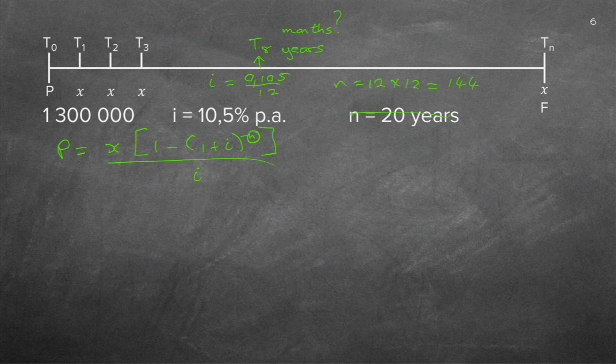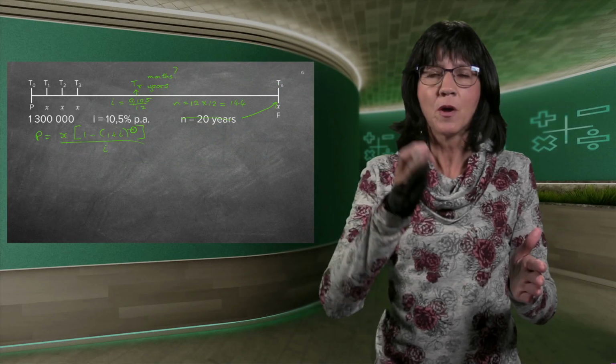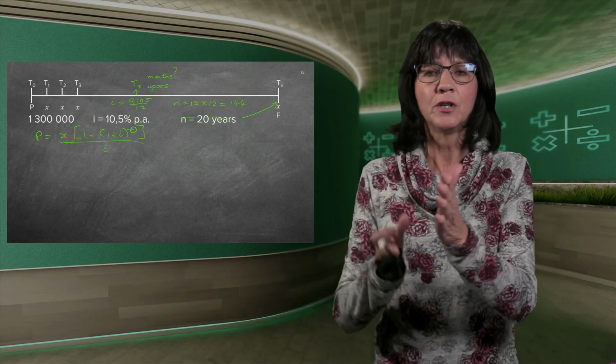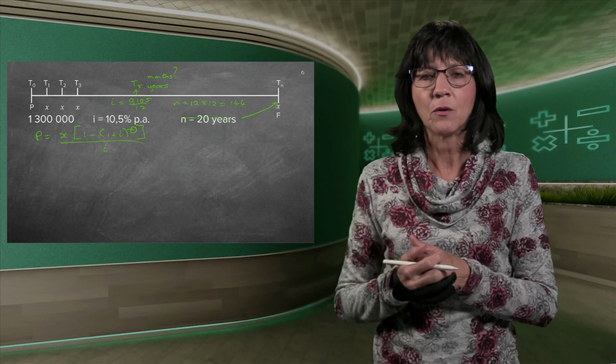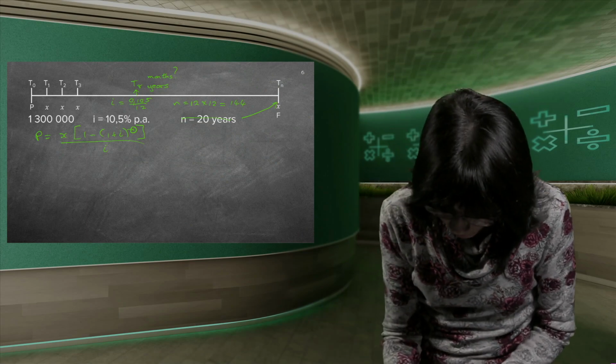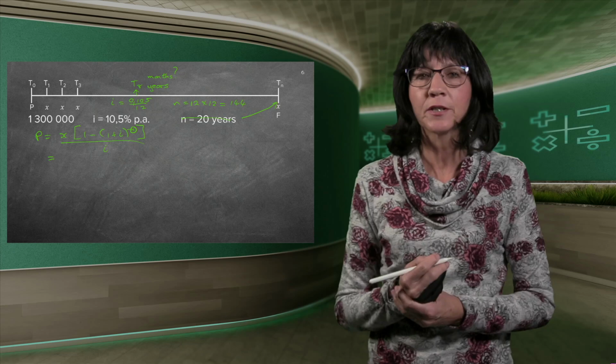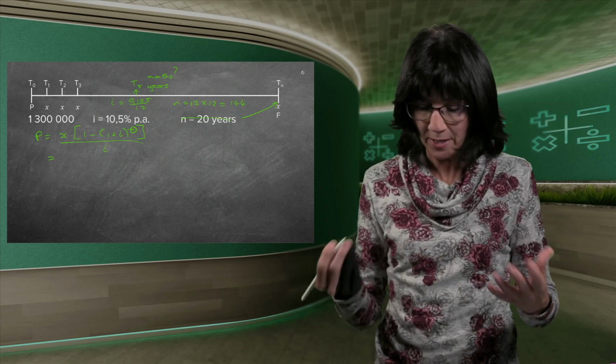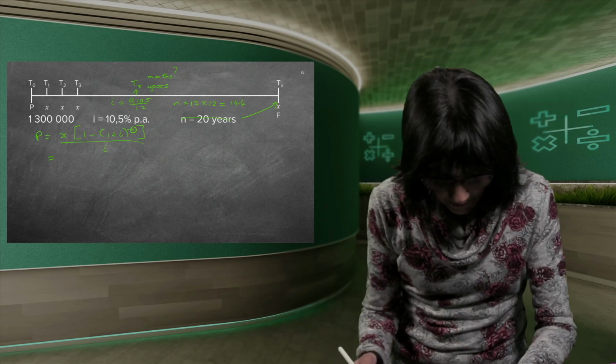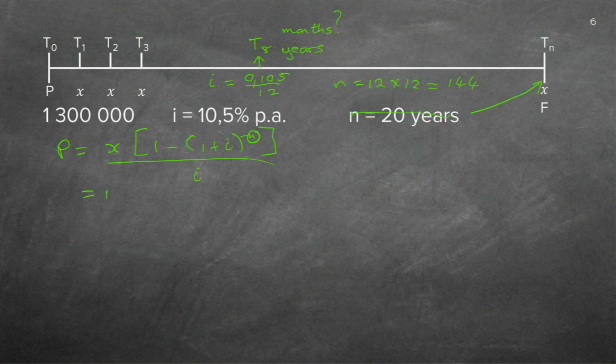The original was 20, so maybe it's good that the 20 years is there because that was the very end. This is what the bank made a deal with you for, 20 years. So if you want to end it before that, you need to find out what is still outstanding. So if I fill this all in, now remember you worked out the payment that you made. Let's just quickly write it down. The payment was